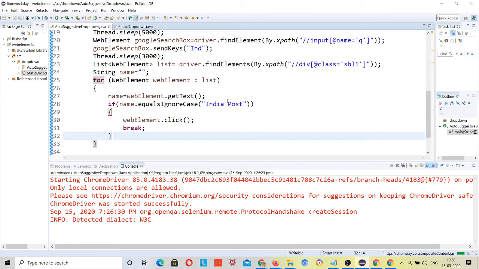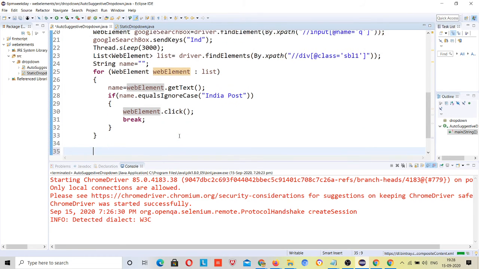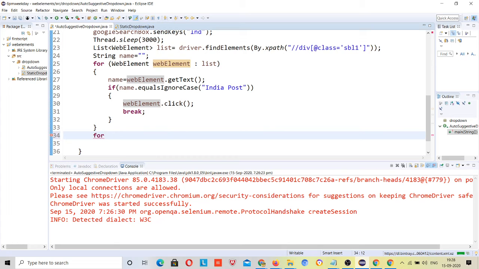So after printing this, after clicking on this India Post, I didn't go to this again. This works just like the for loop which I told you earlier. Int i is equal to 0, suppose I run it, i is less than 5, so it will run 5 times, and i plus plus, right?